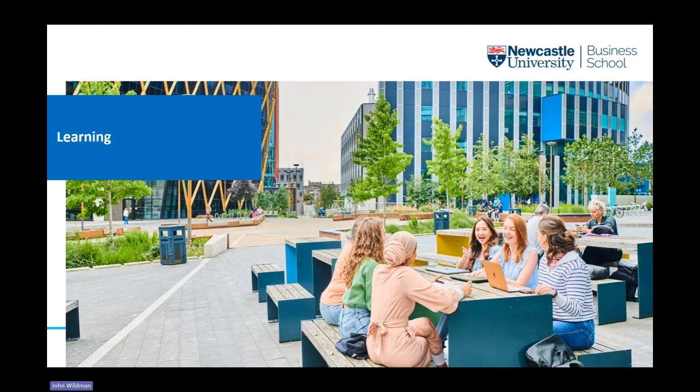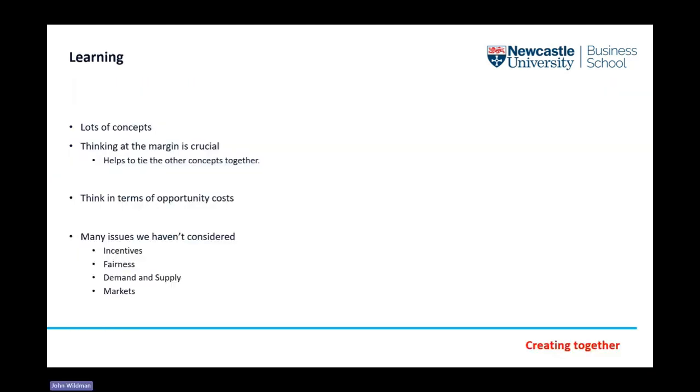Okay, so I've covered quite a lot there in terms of an introduction to economics. And I hope in terms of giving you some sense of where economics concepts are fitting into economic evaluation. Mostly, I think if you can come away and just start to think, can I think at the margin? Because that helps to tie all of our concepts together. Can I get some sense of what opportunity costs are, even if I cannot exactly cost them up?